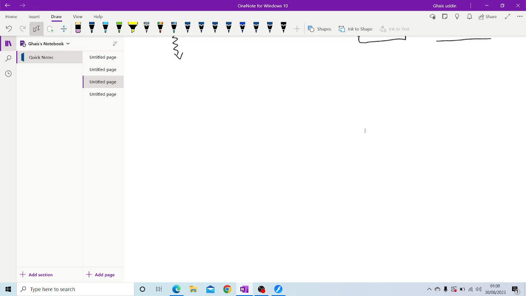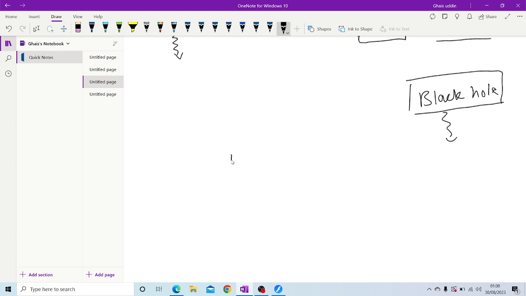But we can approximate a black body as a black hole. This is a black hole, and we can say that this black hole is a black body, and the radiation which is emitted from it is the Hawking radiation. We can also approximate a black body experimentally. For example, we have this body,